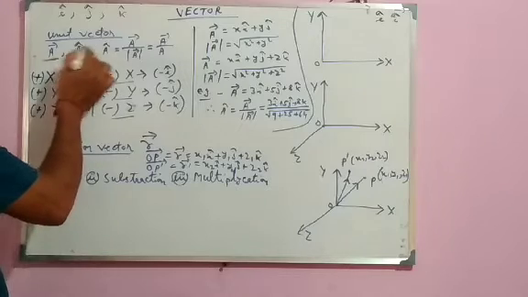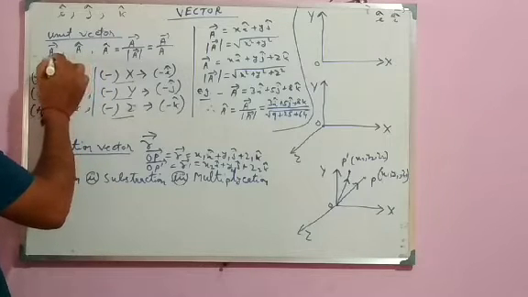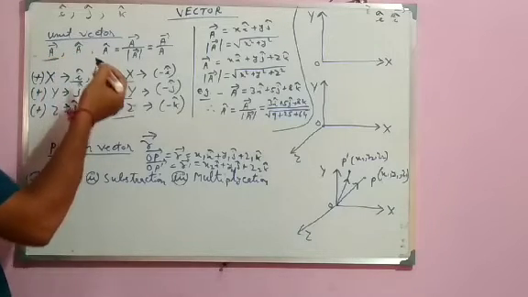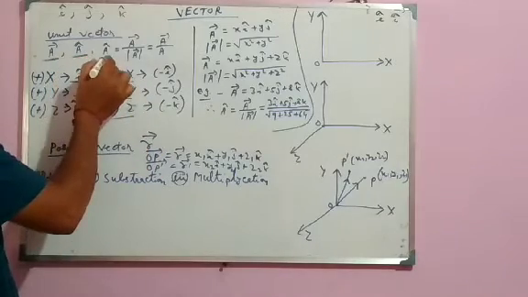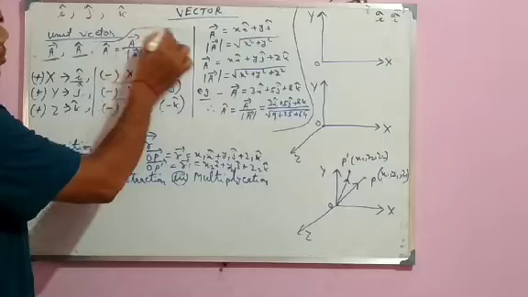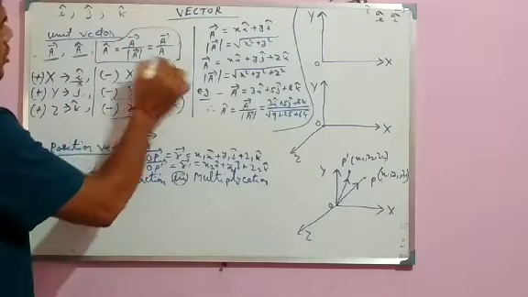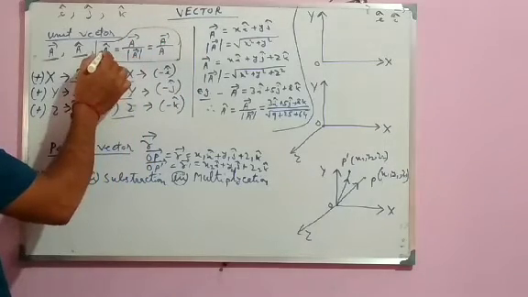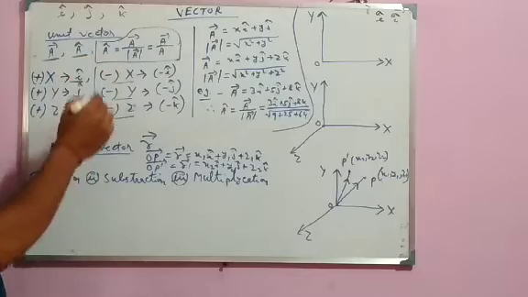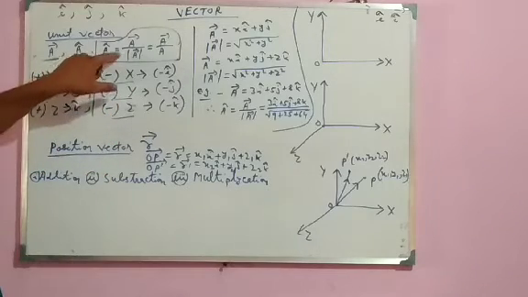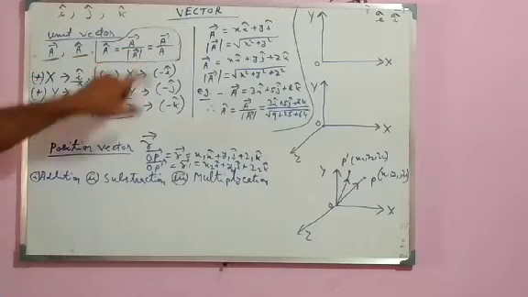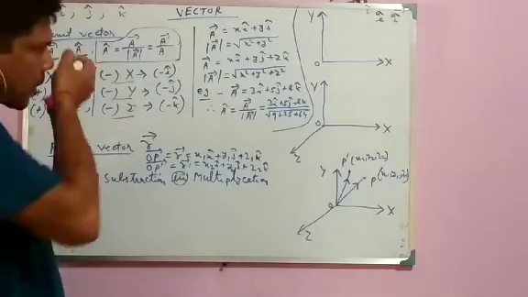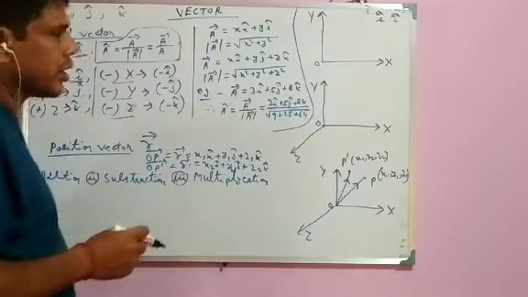Now, this is a vector. The unit vector of vector A is denoted by, you have to read it as, A hat or A cap, and this is the formula to find the unit vector of vector A. If it is denoted by A cap, then A cap equals vector A divided by modulus of vector A, or you can write it as vector A by A simply. Now, how to find mod A?